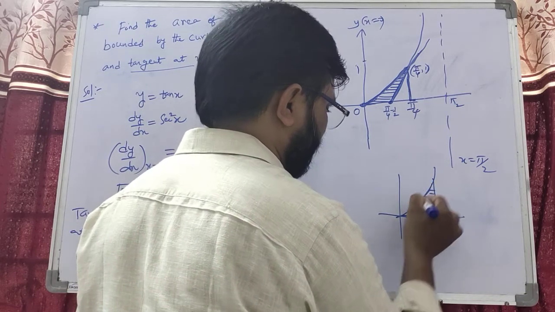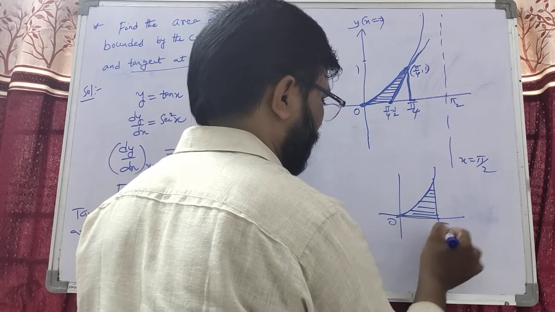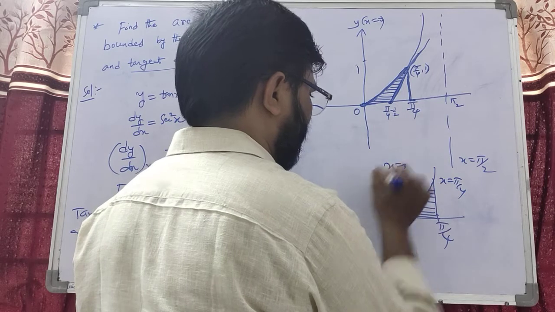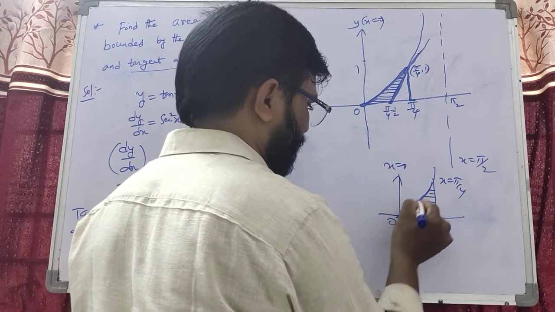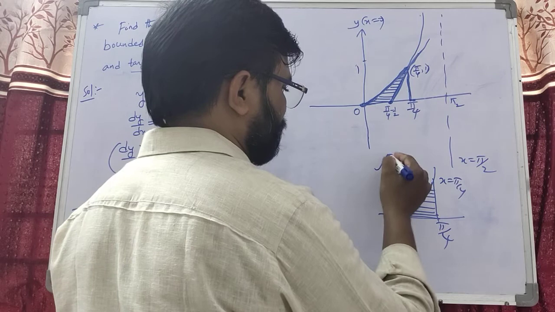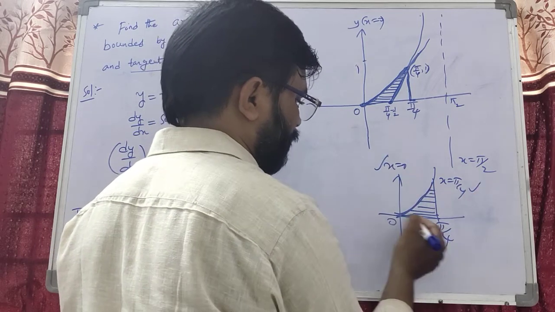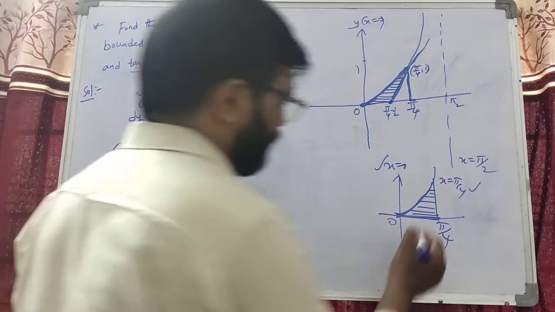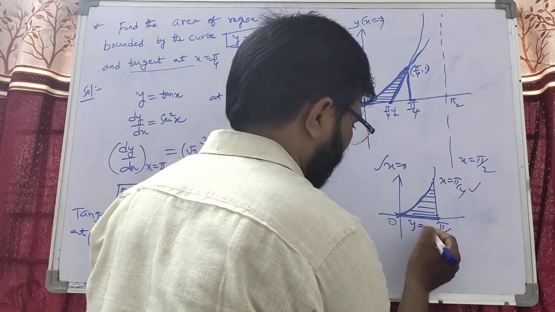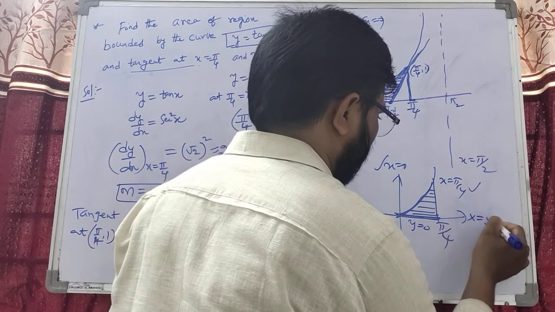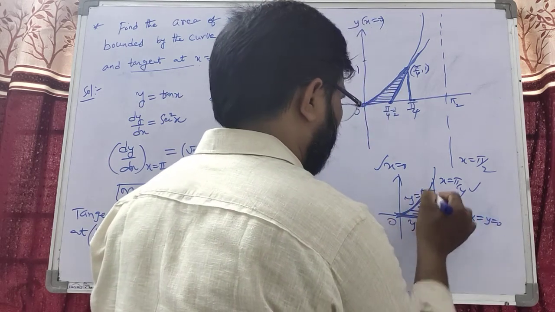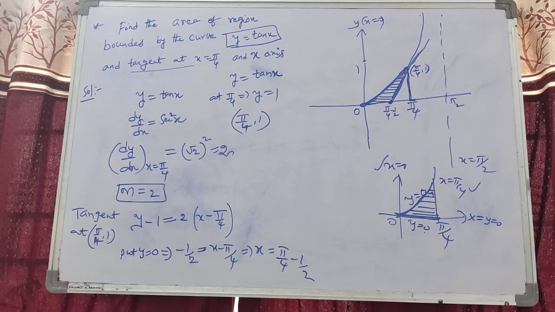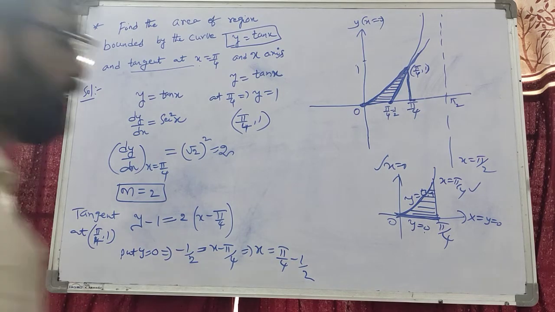How to find this curvilinear area? This is 0 to pi by 4. This is the line x equal to pi by 4. This is the line x equal to 0. This curve is bounded by the lines x equal to 0, x equal to pi by 4 and above the x-axis. Here the x-axis is nothing but y equal to 0. This is y equal to tan x. Tan x minus 0, the limits are 0 to pi by 4. Understand students how to write this one?